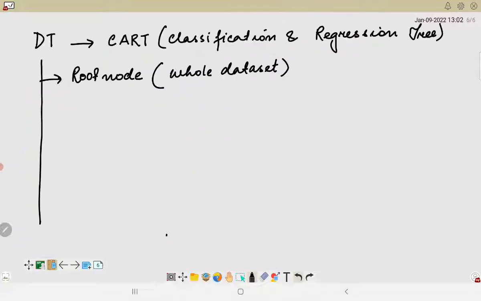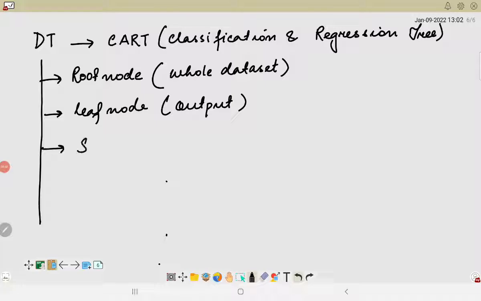subtrees. Okay, the next one we have is the leaf node. Leaf node we have already discussed. These are the final output nodes. So this will actually be representing the classes into which a particular data belongs, and the tree cannot be segregated further after getting a leaf node. The third one is the branch or the subtree. We can also consider it as a branch, and this is formed by splitting the tree. So if we split the tree, this subtree would be formed.